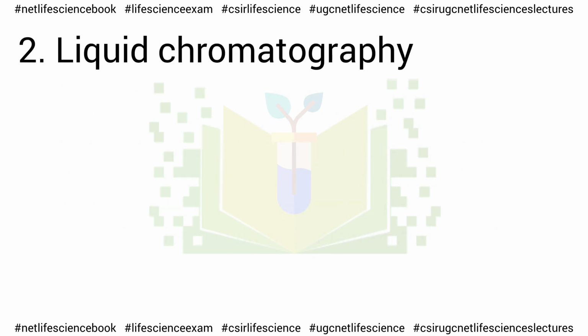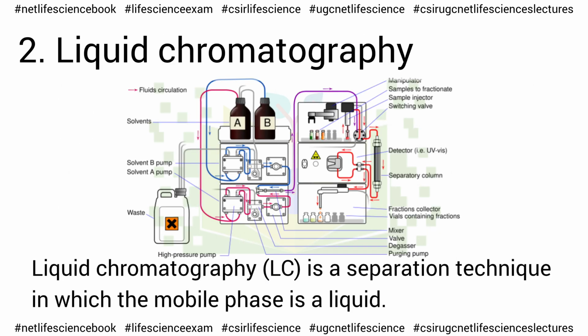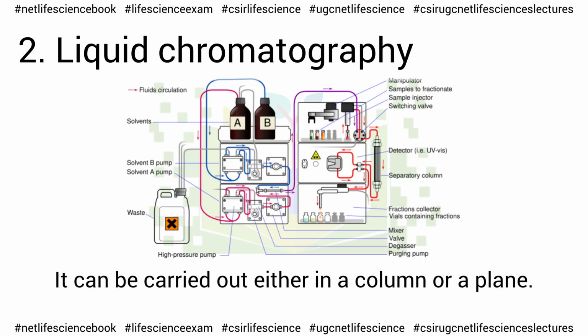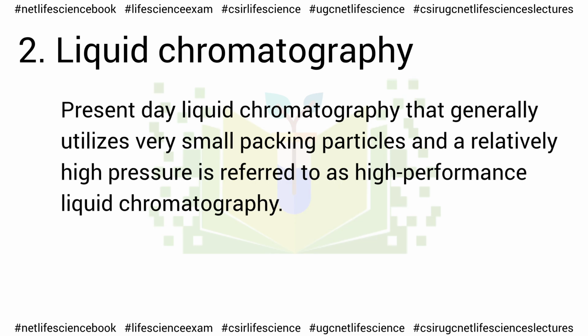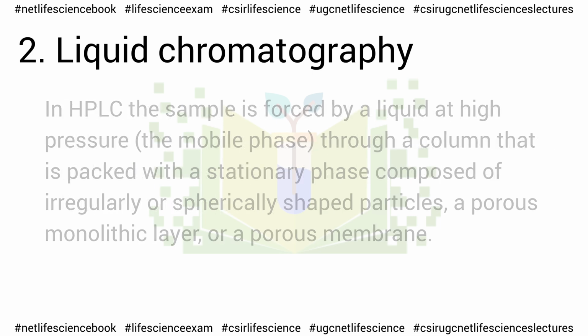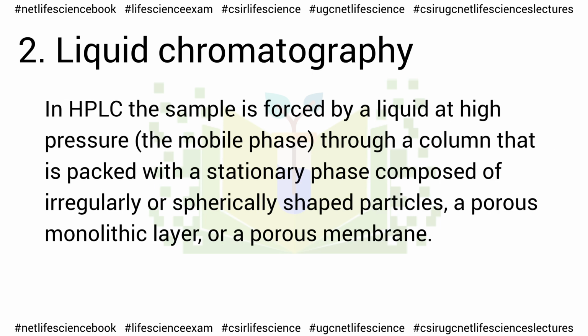Liquid chromatography. Liquid chromatography is a separation technique in which the mobile phase is a liquid. It can be carried out either in a column or a plane. Present-day liquid chromatography that generally utilizes very small packing particles and a relatively high pressure is referred to as high-performance liquid chromatography. In HPLC, the sample is forced by a liquid at high pressure through a column that is packed